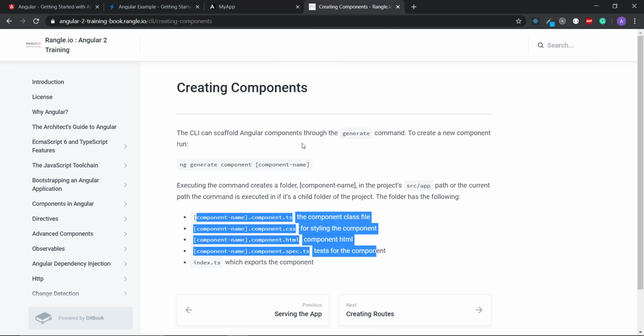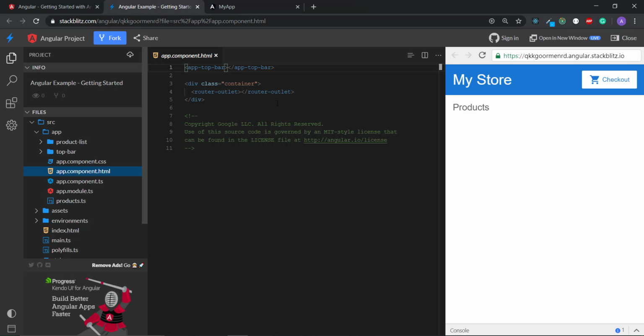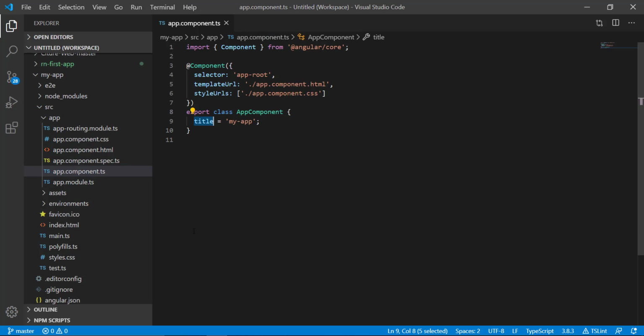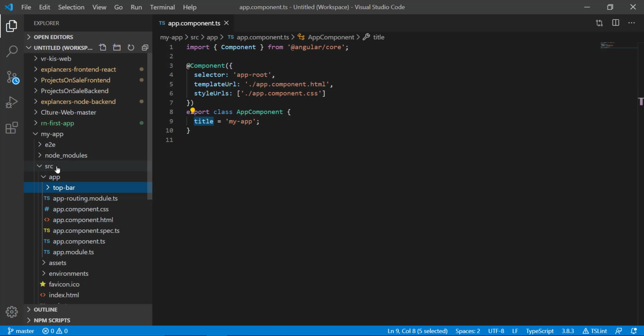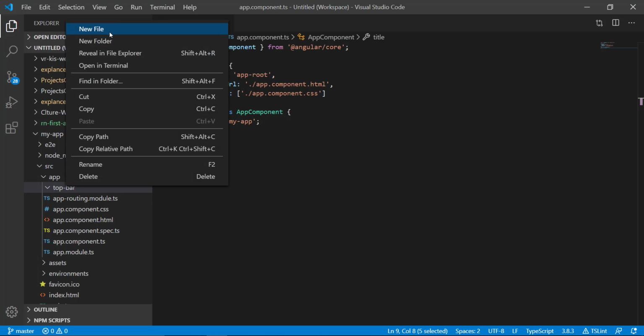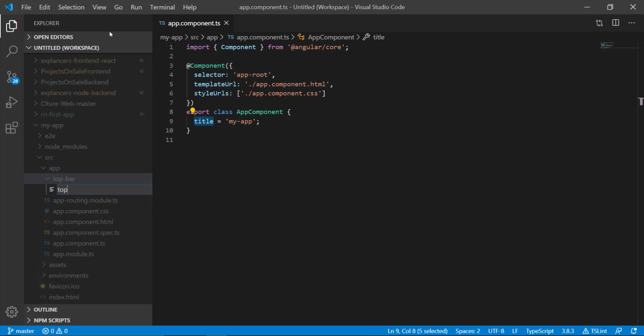So first of all, I would be letting you guys know how you can create a component on your own without using the Angular CLI so that you can understand the deeper concepts of it. Let's first start by creating the top bar. So in my app folder, I would be creating a new folder called top-bar. Then I will be creating three files for this top bar component. First is the top-bar